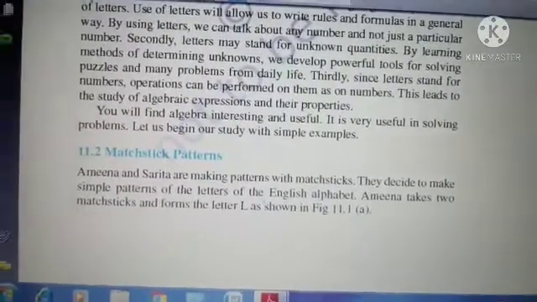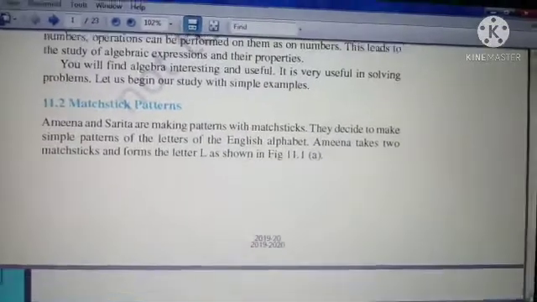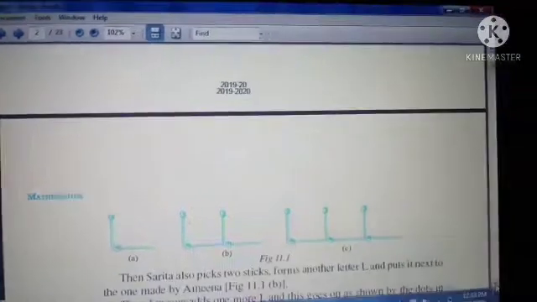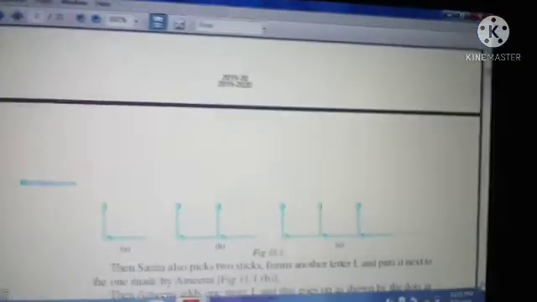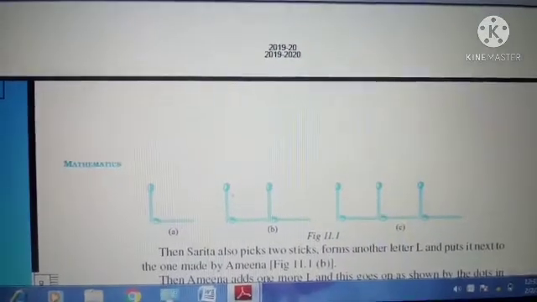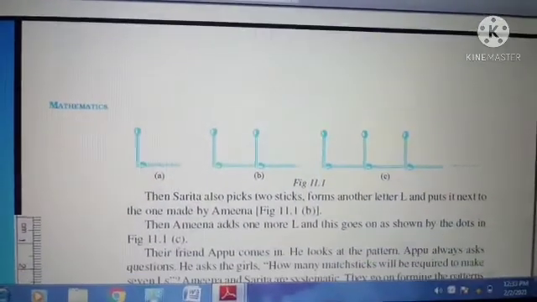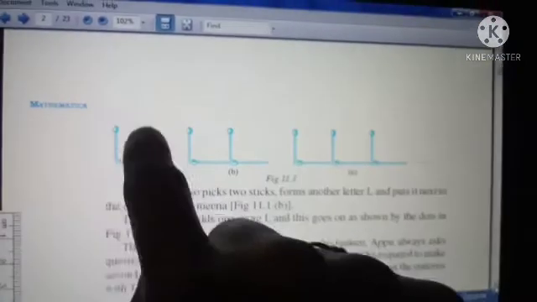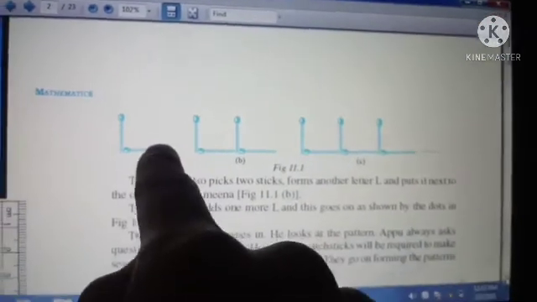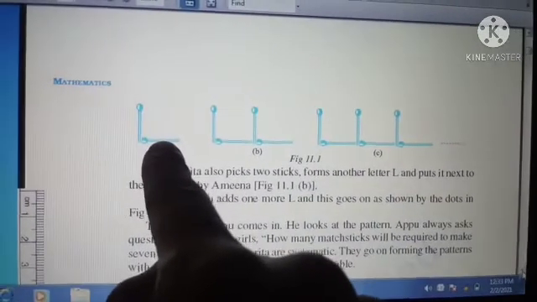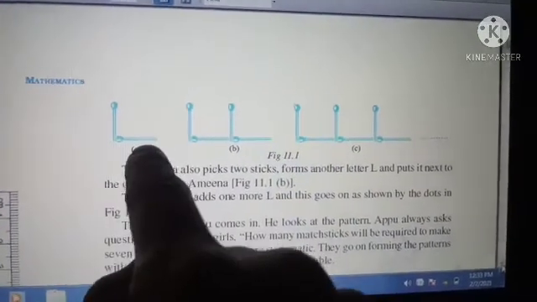Next comes the matchstick patterns. Matchstick patterns means when you want to represent any number or any alphabet using matchsticks, how many matchsticks are needed? That is what we are going to calculate here. So here we are going to represent the letter L. How many matchsticks are needed? 1, 2.